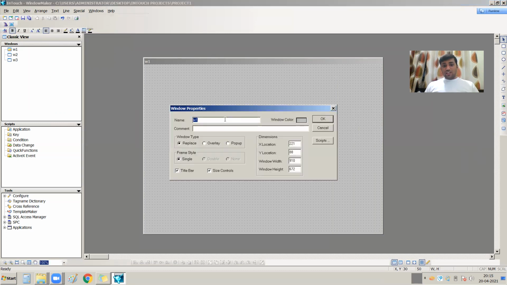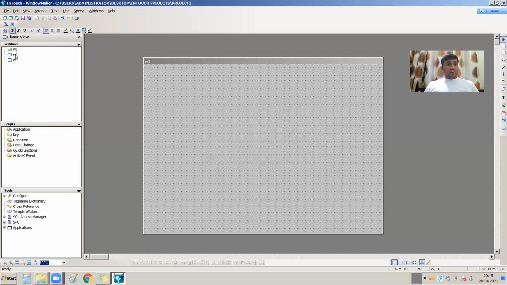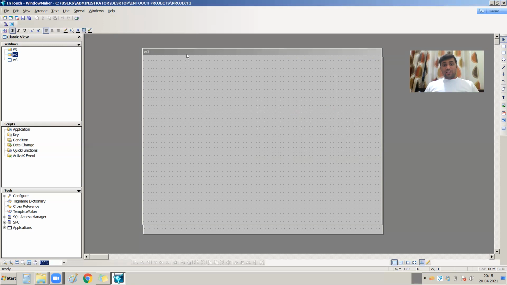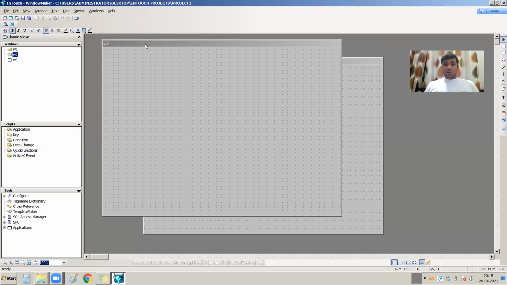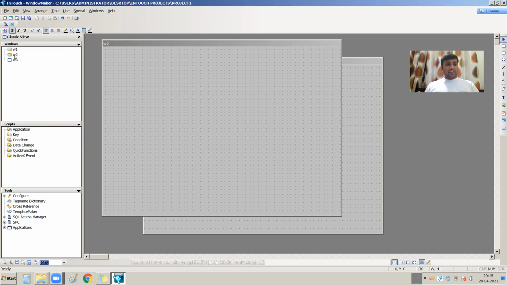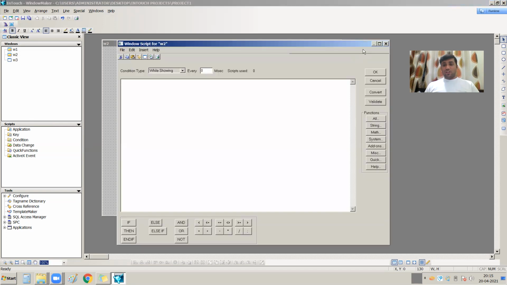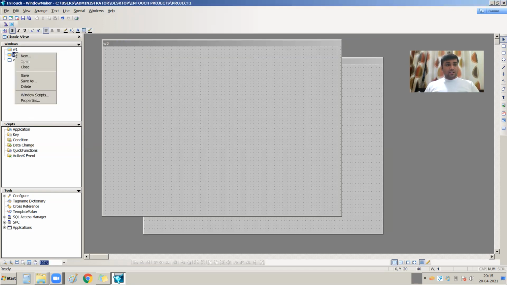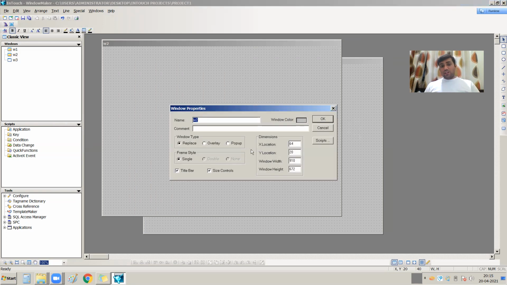For example, right now I am opening window 2. What is the property of the window? You can see it from this window property button, or you can directly right click on this window and go to the property. So these are the window properties of my particular window.